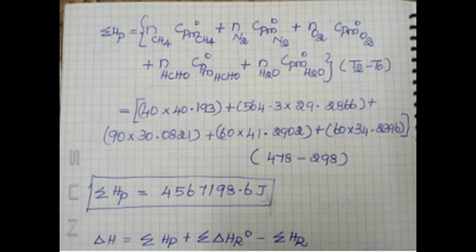Okay. So here n Cp delta T, the first component methane, n CH4 Cp m dot CH4. Second component n nitrogen Cp m dot nitrogen. Third component n oxygen Cp m dot oxygen. Fourth component n formaldehyde Cp m dot formaldehyde. Last component n water Cp m dot water. Are you clear or not? Okay. So the first component, number of moles of methane. This is unreacted value. Substitute here. Cp m dot methane is given data. Substitute the value.